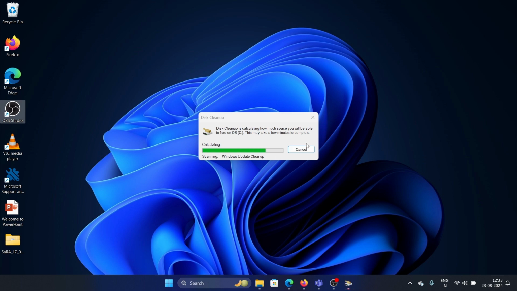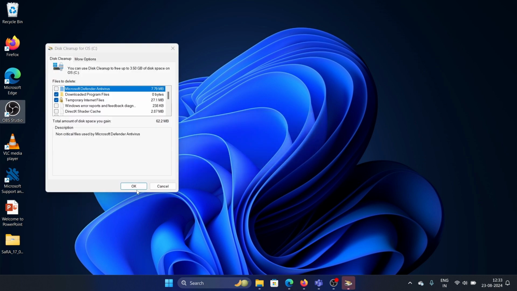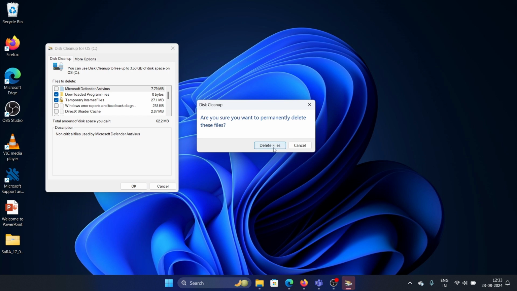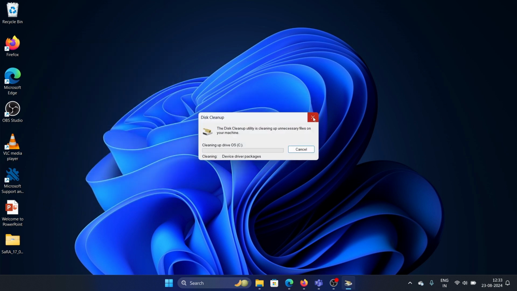So this should resolve the problem, and you can reinstall the updates, and the computer should start working